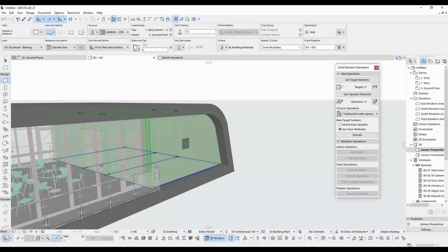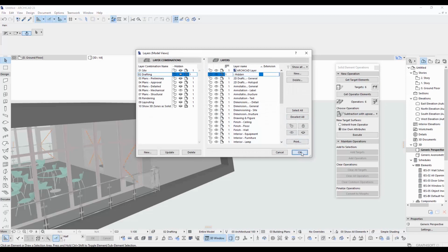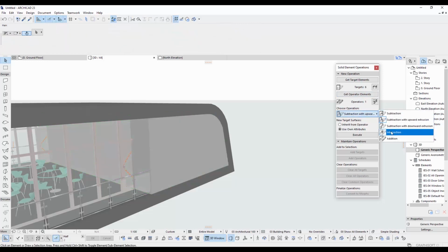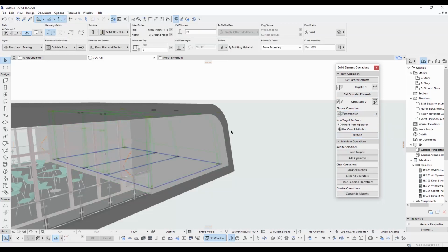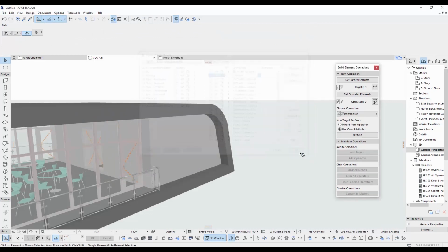Select the walls and click the Get Target Elements. Ctrl+L and open the visibility of the hidden layer. When it's visible, I select it and click the Get Operator Elements button and press Execute. Walls are intersected with the Move. I can turn off the visibility of the move.